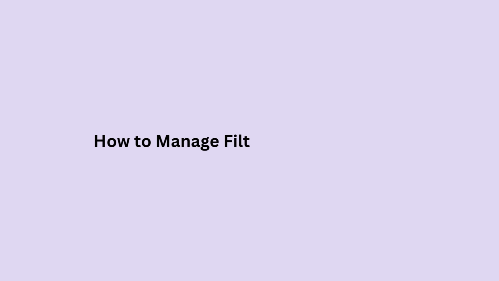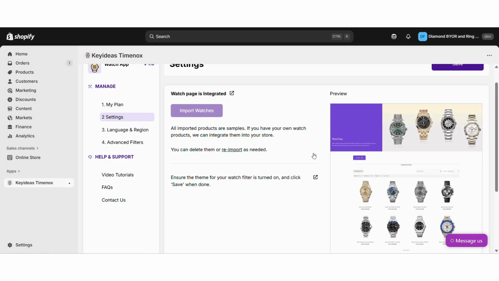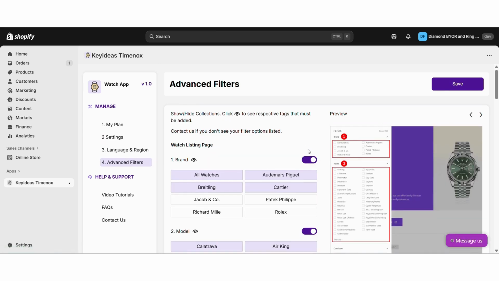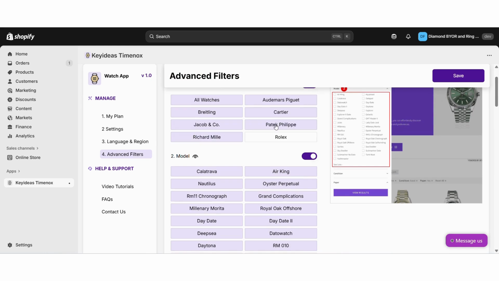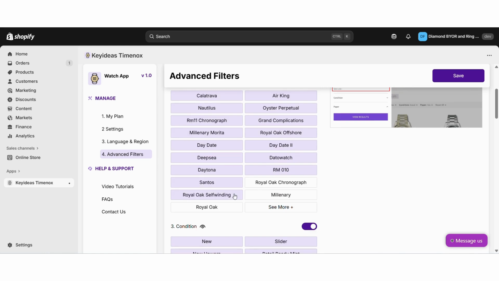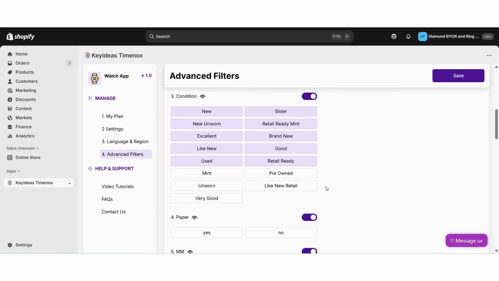In this tutorial, we'll show you how to add filters for your watch products in the Timenox app. From your Timenox app backend, go to the Advanced Filter tab. This is where you can control which filters will appear on the front end for your customers. The Advanced Filter section is designed to give you full flexibility, so your store can highlight the product attributes that